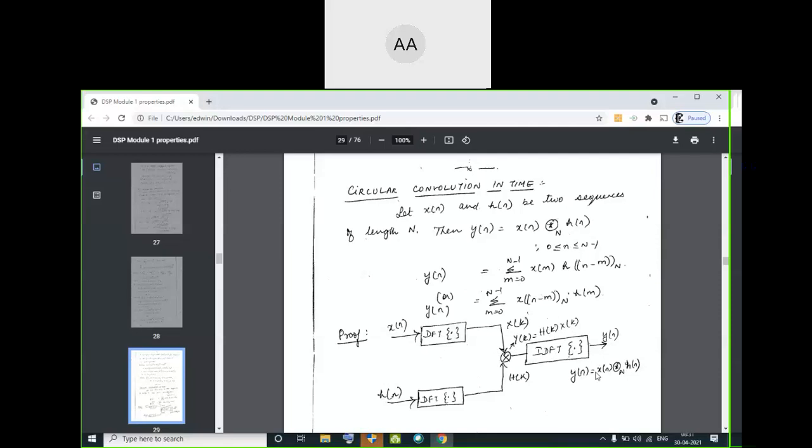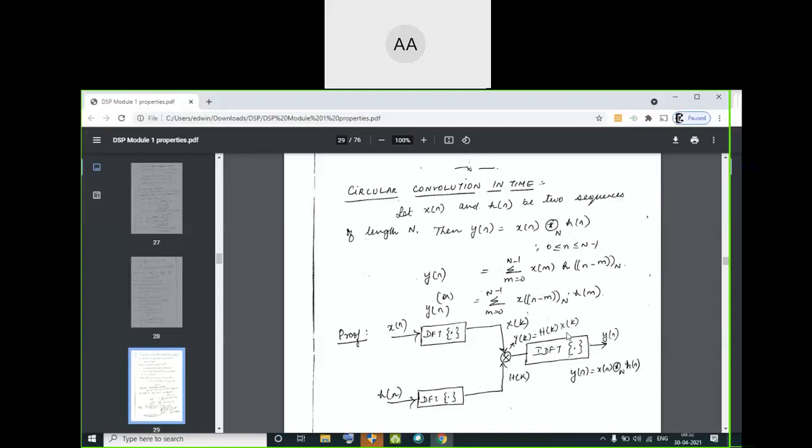So that much of multiplication and addition you can save if you do the same convolution in the frequency domain, you take the IDFT, that's all. Computationally, this property is very useful because in time domain, you have to multiply and add, whereas in frequency domain, it's just multiplication. You see this, Y of k is equal to H of k X of k, that's it. So don't you think this is a very, very important property when it comes to computational efficiency?